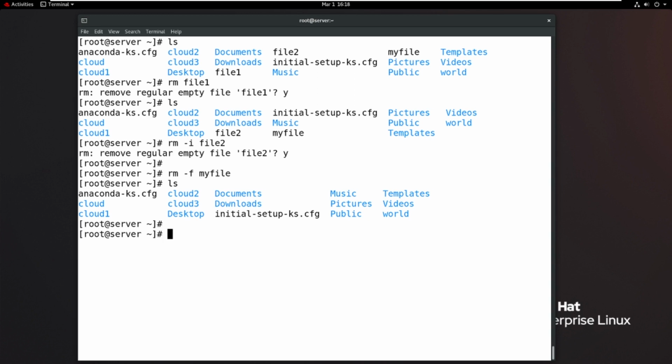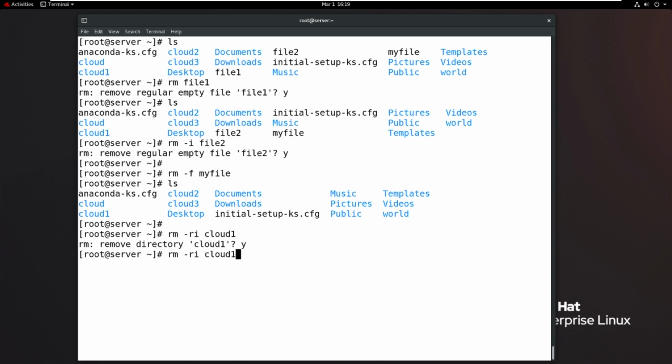Then how to delete directories? Generally rm is the command again, but if you want to delete any directory, -r is mandatory. R means recursive option to delete directories. And -i is optional, that is the interactive method. So removing a directory with the interactive method. Which directory do you want to delete? Okay, I want to delete cloud1. Then enter. Now see: remove directory cloud1? Yes, I want to delete cloud1.